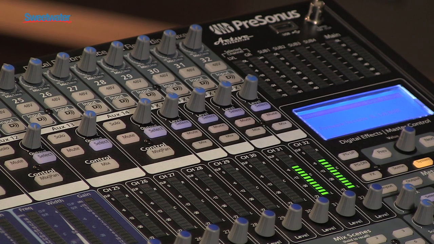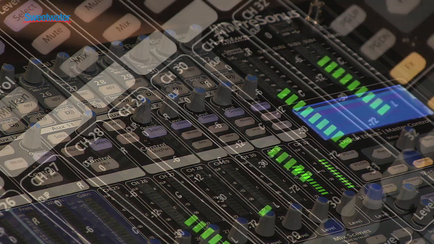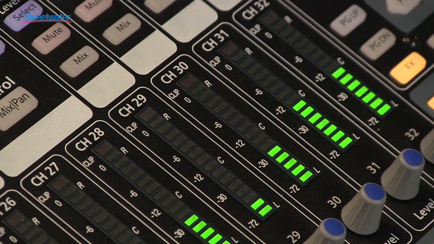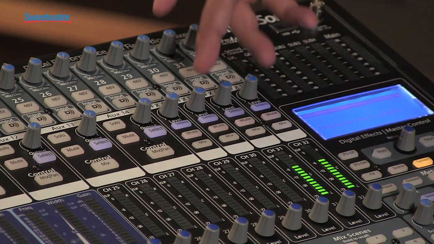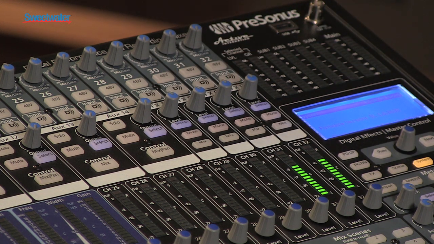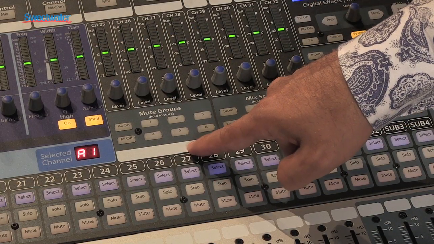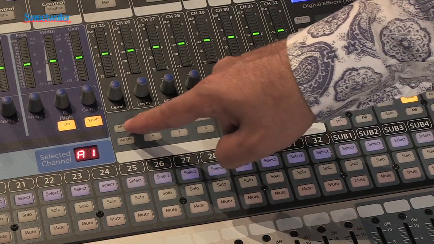The effects section of the StudioLive 32 has now been expanded. You have 4 discrete effects processors, all 32-bit stereo effects processors that you can assign any of the 32 channels to, and 2 of these are configured as different reverbs and 2 of these are configured as different types of delays. We also have mute groups on the StudioLive 32, so I can turn all of them on